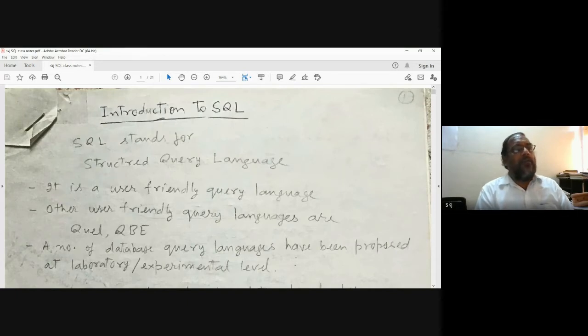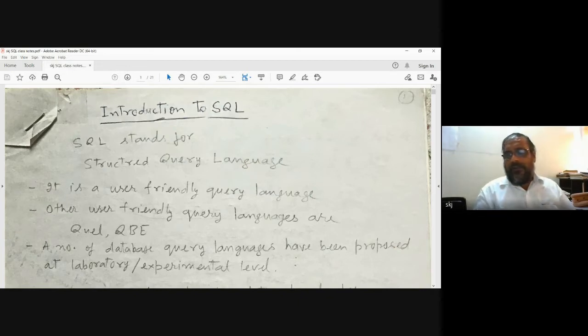But here, SQL is a very popular language for database management systems, and it is almost the de facto standard among all. And standardization of SQL is also defined. So you can assume that SQL is a very prominent, very popular, user-friendly database language.